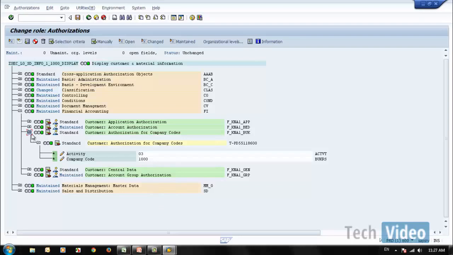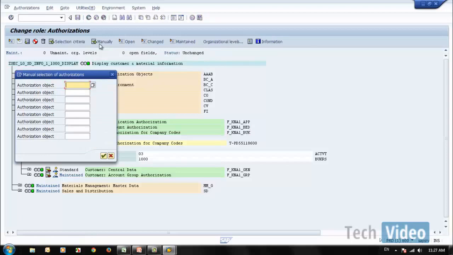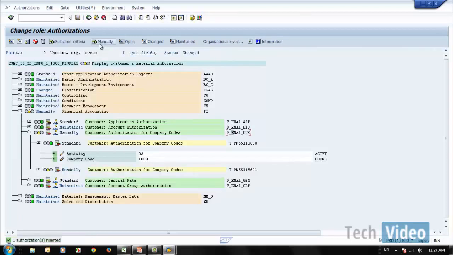Then I wanted to have display authorization for company code 1000, and I want to have change authorization for company code 2000, and I want to have create authorization for company code 3000. Then here it's quite easy. Say I go to manually add my object two times,